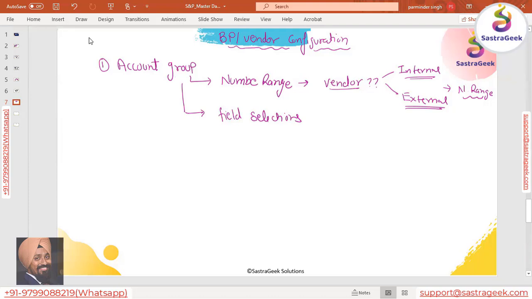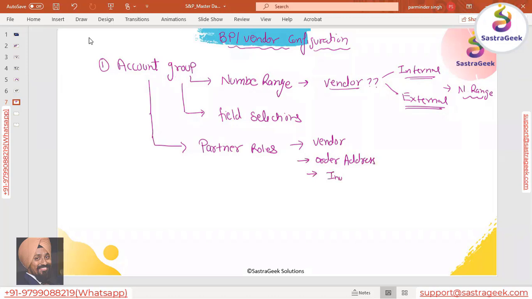Which fields would be mandatory or optional, that option is also available. We can define that against the account groups, and you can also define your partner roles against the account groups, whether it would be a vendor, an ordering address, an invoicing party, or a goods supplier.